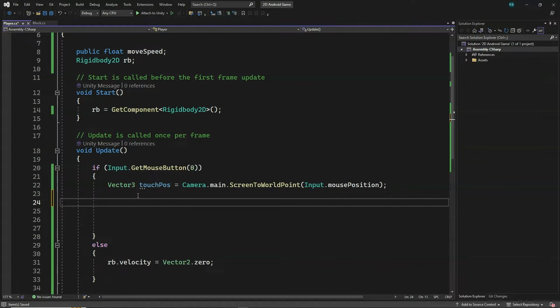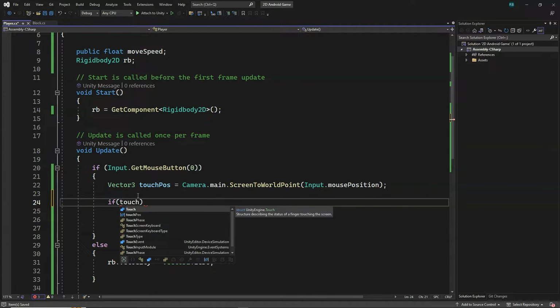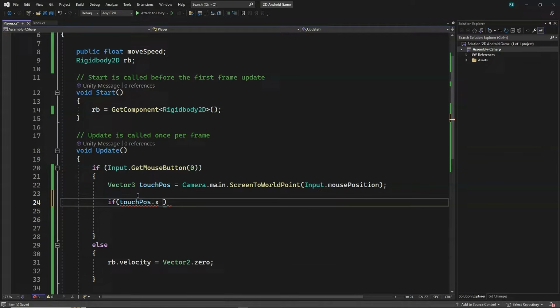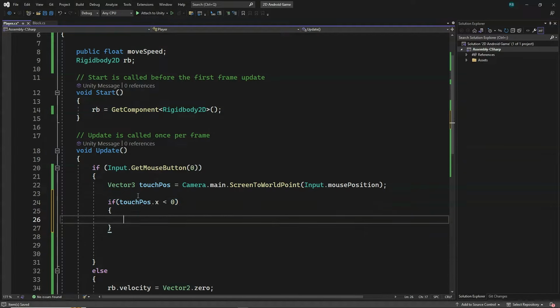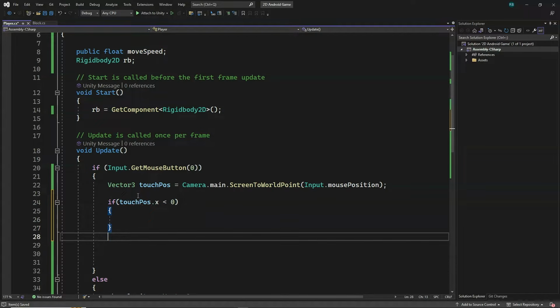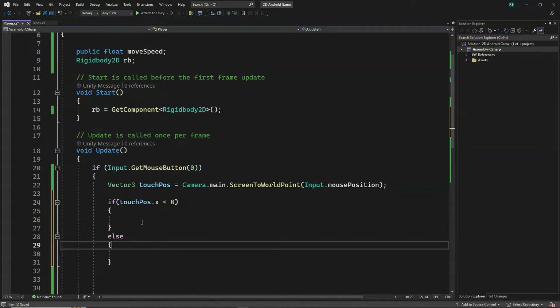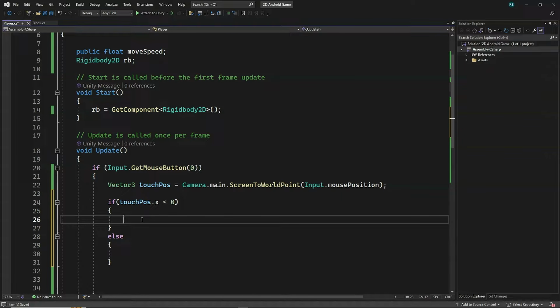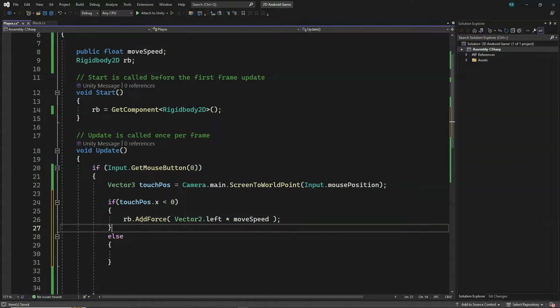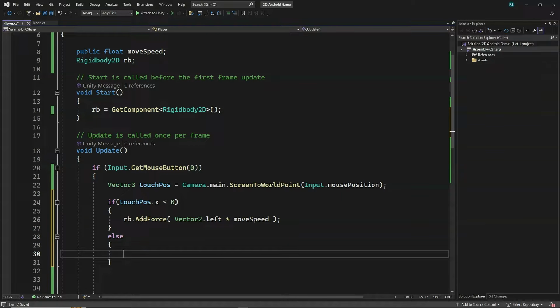Now we need to check if touchPos.x is less than 0. That means we are pressing on the left half of the screen, or else we are pressing on the right half of the screen. If we are pressing on the left half of the screen, then we need to move our player to the left. For that we're going to write rb.AddForce(Vector2.left multiplied by moveSpeed). So whenever we are pressing on the left side of the screen, we're going to add force to the left,